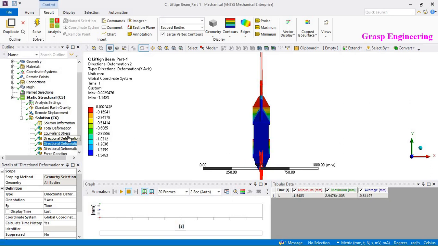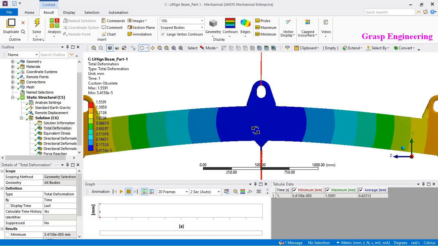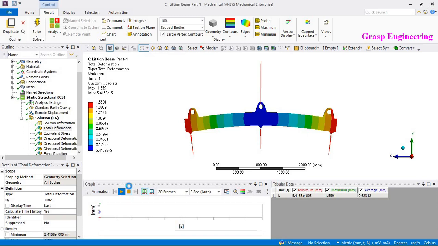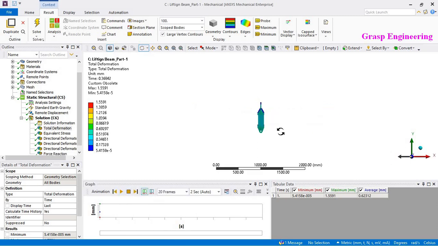There is no directional deformation in x-axis. Now if I try to animate, you will find that it is behaving like this. And when you put here and try to animate, now you can see that it is simply going downward.